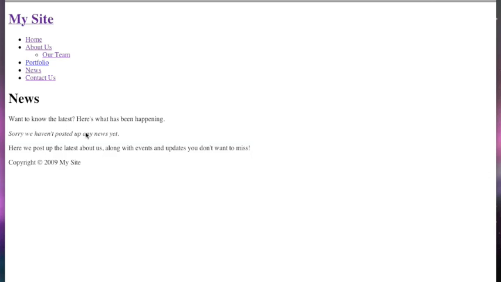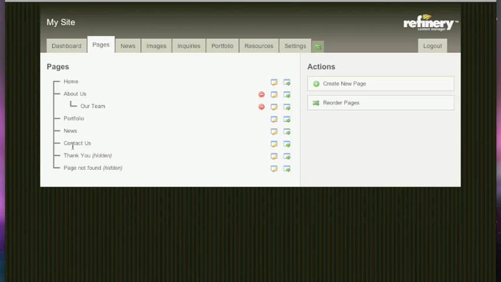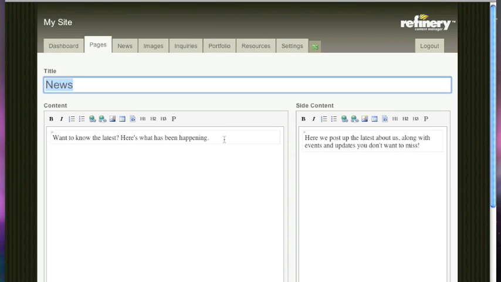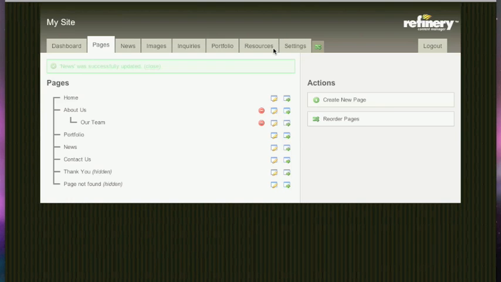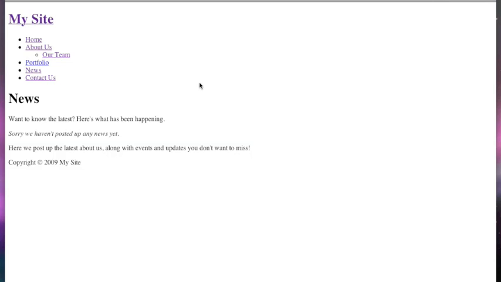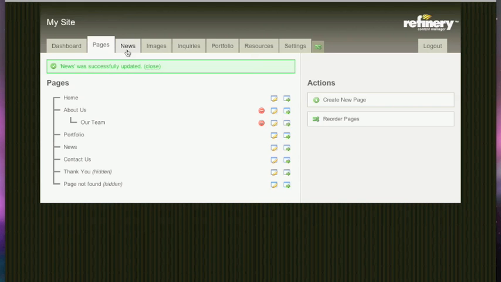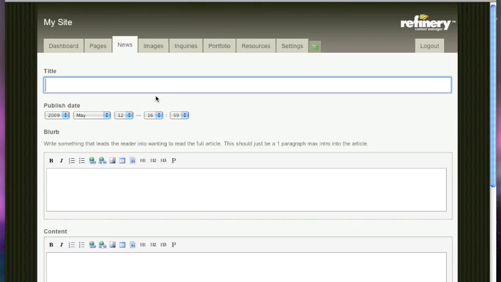So at the moment it's just telling us that we don't have any news, and there's some content here relating to that page. So once again, like the contact form, we've got a news page, and you can edit that content in here. So say we just bold that, for example, and hit save. Then we go over here to the news section, and it's all bolded. So we'll go to the news tab and add our own